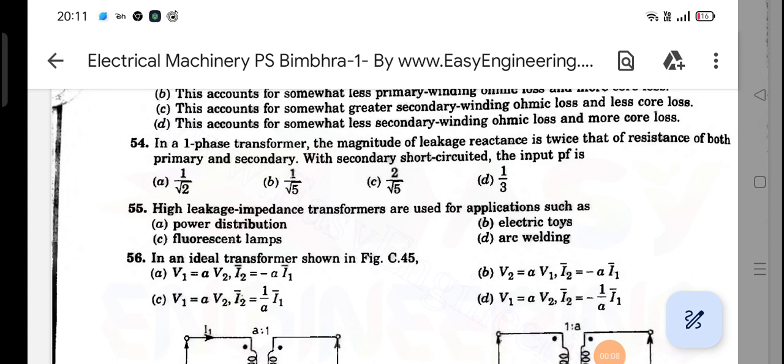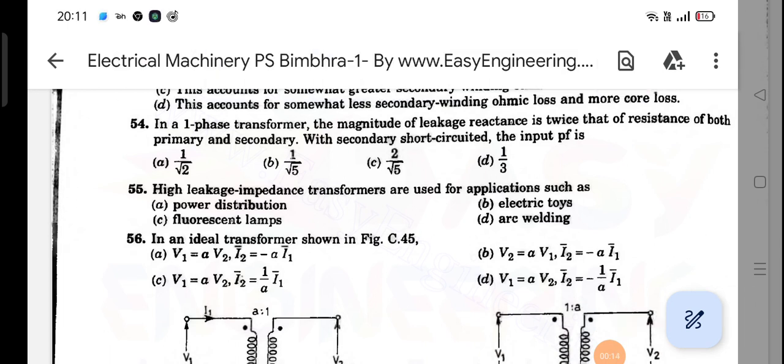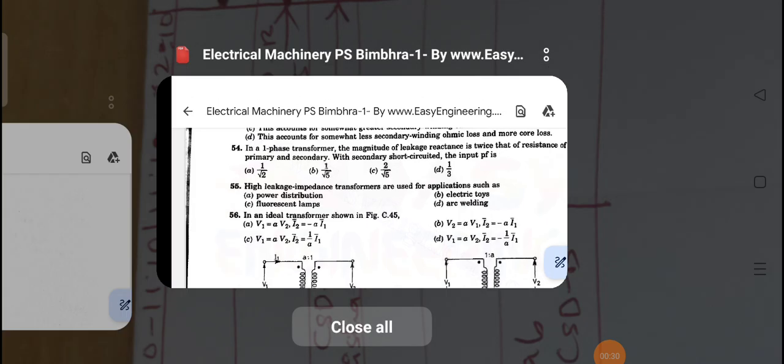In a single phase transformer, the magnitude of leakage reactance is twice the resistance, for both primary and secondary, with the secondary short circuited. What is the input power factor? Here the secondary is short circuited, whatever it may be. The power factor formula is cos phi equals R by Z. Here X is equal to 2 times the resistance. Now see here,